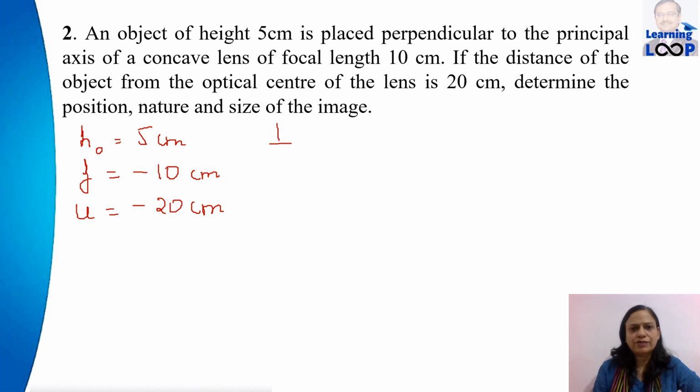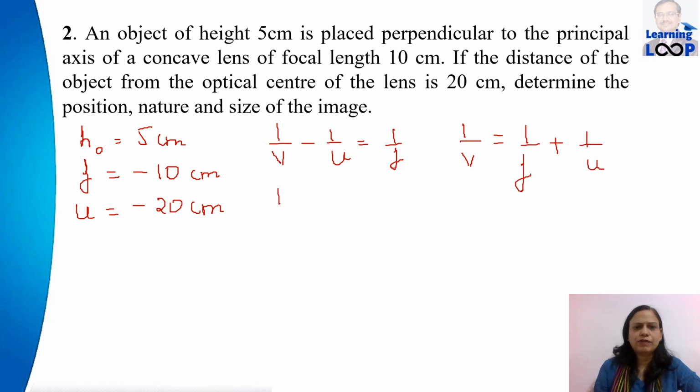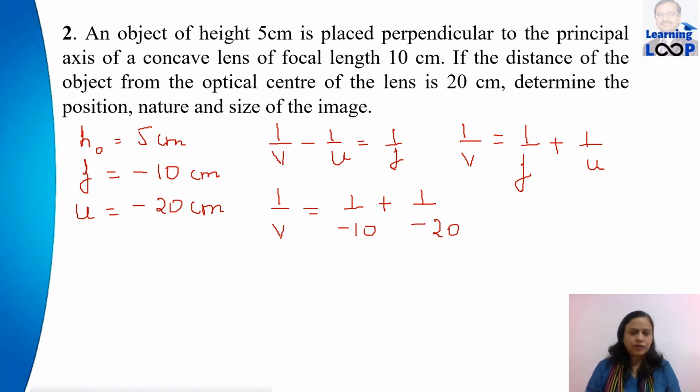Again, we use the lens formula, that is 1 upon v minus 1 upon u is equal to 1 upon f. We modify this formula according to our requirement. It becomes 1 upon v is equal to 1 upon f plus 1 upon u. We substitute the values in this. It becomes 1 upon v is equal to 1 upon minus 10 plus 1 upon minus 20. And when we simplify this, we get this equal to minus 3 upon 20. That means our v is what? v is 20 upon 3 negative. That makes it minus